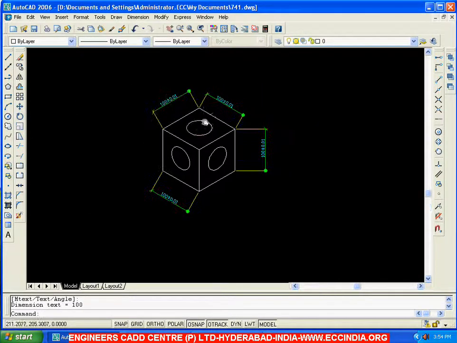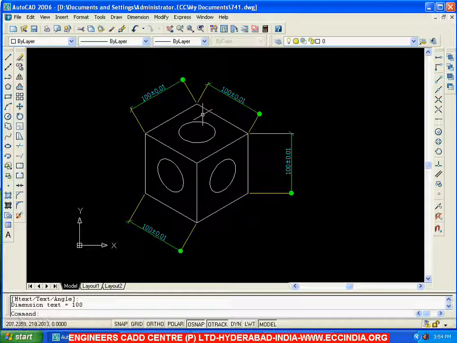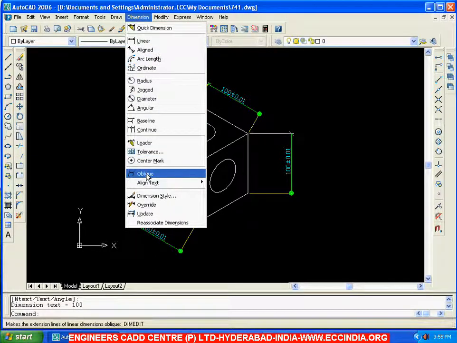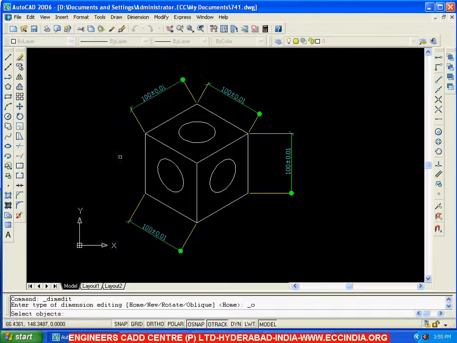So place the dimensions, and after placing the dimensions, now if you see, we don't feel that they are lying in the respective planes. They are not lying on the respective planes, and to make them lie on the right plane or top plane or on the left plane, now we can use the option called oblique, because I want to rotate the extension lines. So I am going with oblique now, and based on the requirement we can rotate the angles.